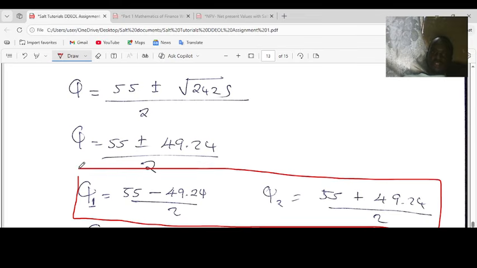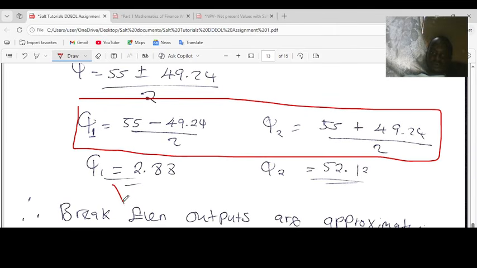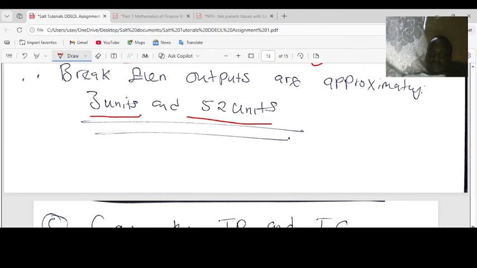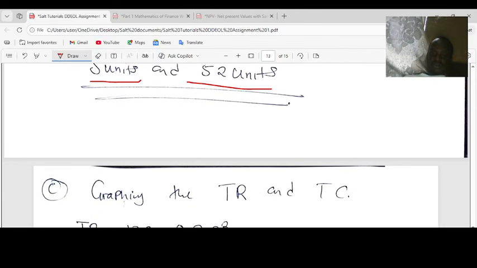So these Q values are the break-even quantities. Q1 is equal to 2.88, which can be approximated as 3 units, and 52.12 is approximated as 52 units. So these are the break-even outputs which you are going to find. As simple as that. And then when you go to graphing,